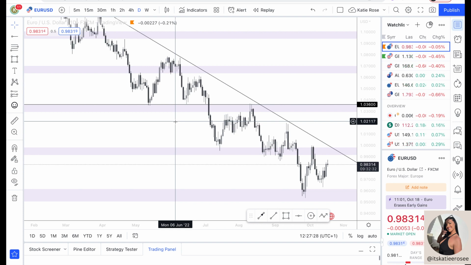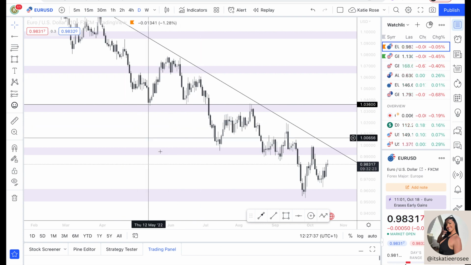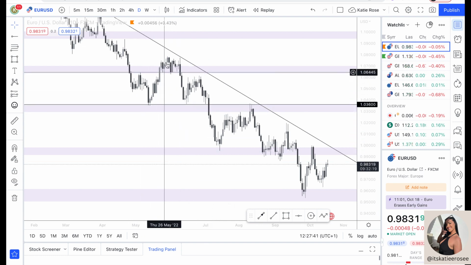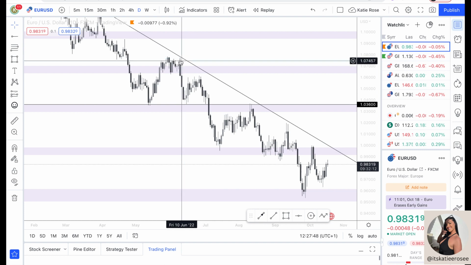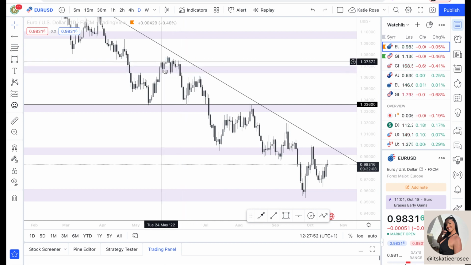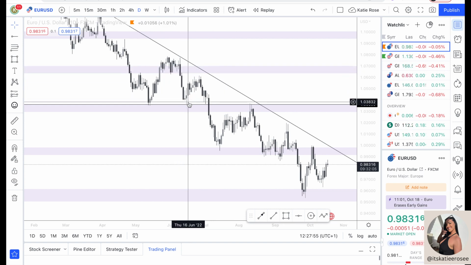What I also want you guys to understand is that support can turn into resistance and resistance can turn into support. But we're going to go over that now. So we have support, resistance with some hesitation, consolidation, price not knowing where it wants to go. Then we had a clear bounce off of this trend line, which then broke through. It just continued to go down, back to the support zone. So we had a second bounce off the support zone